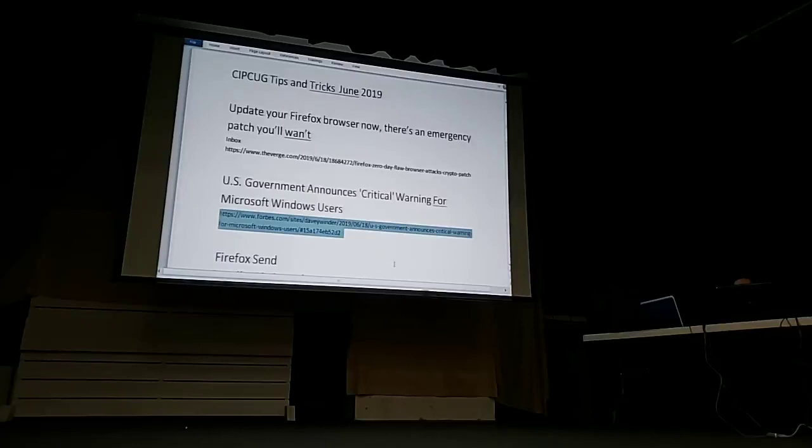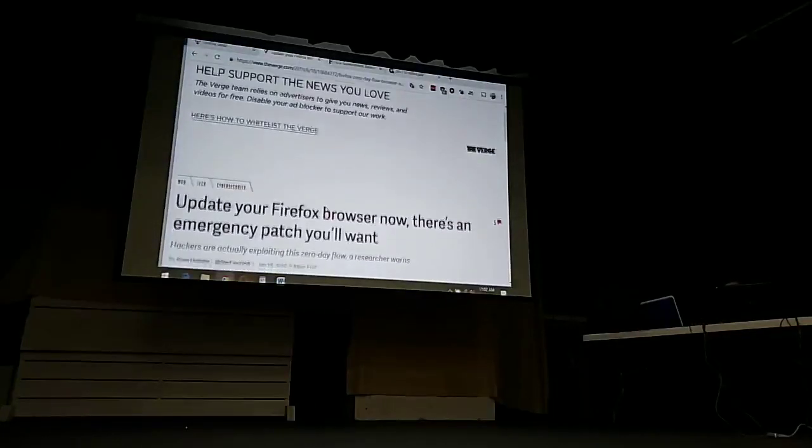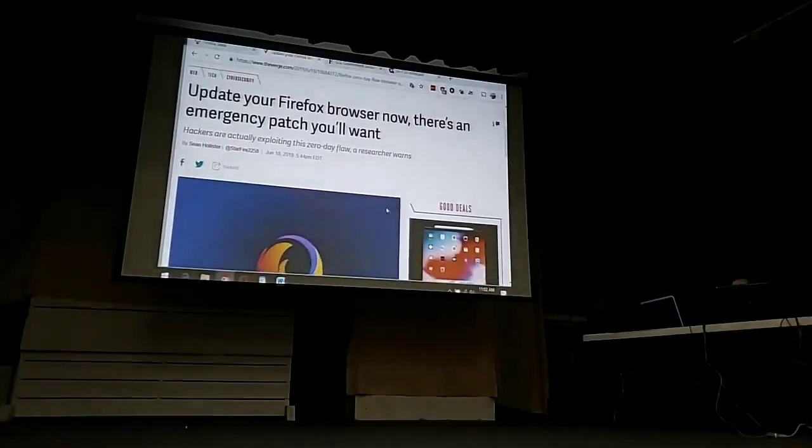Okay, basically there's a bunch of tips and tricks I wanted to talk about, including some fun features from Firefox that we're going to talk about. But let's start with the dangerous stuff first. Update your Firefox browser now, because there's an update you're going to want to have. There's an emergency patch for Firefox because there's a 0-day flaw that is being exploited in the wild. Just by going to a certain website,